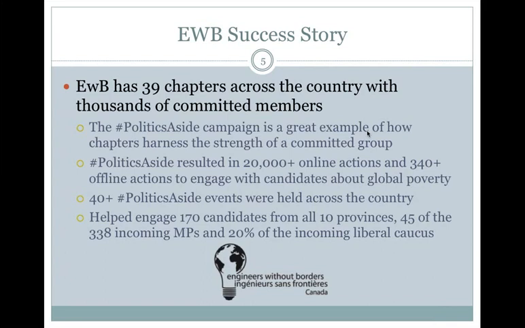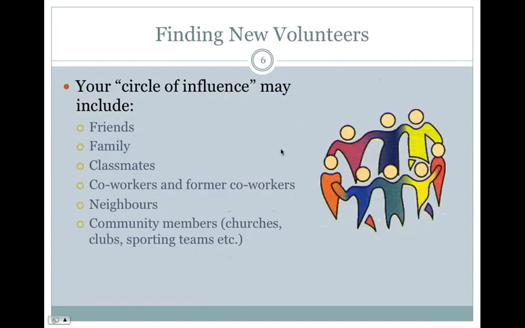This was really powerful because they were able to utilize their existing network to accomplish such a powerful discussion, start a conversation basically. They were able to empower all of their chapter members to start the conversation. So this shows how you can mobilize this huge network of volunteers if you prepare yourself well, if you're providing them with the right information. And once you do that, you can trust your volunteers to basically cause this amazing ripple effect that can lead to such a powerful outcome. So that was a nice EWB story that I thought would bring some perspective here.